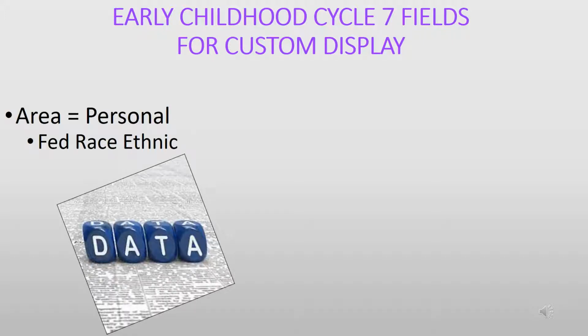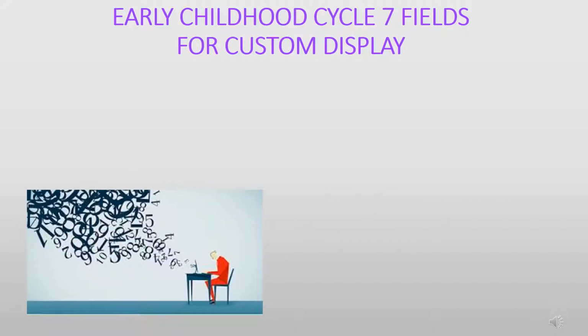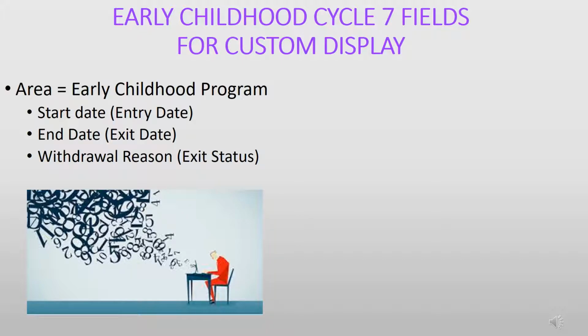Now let us look at early childhood. The display fields for early childhood begin with the personal and demographic areas. Under the area of personal is Federal Race Ethnicity. Under the area of demographic is student first name, student middle name, student last name, gender, and birth date. The field names that are to be displayed from the area of early childhood program include start date, end date,